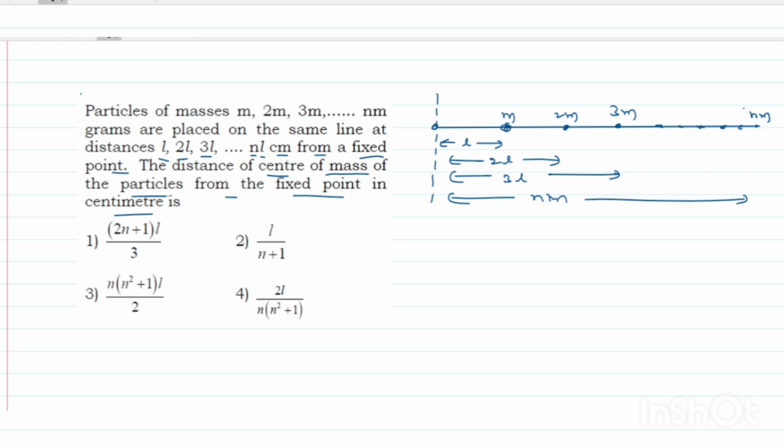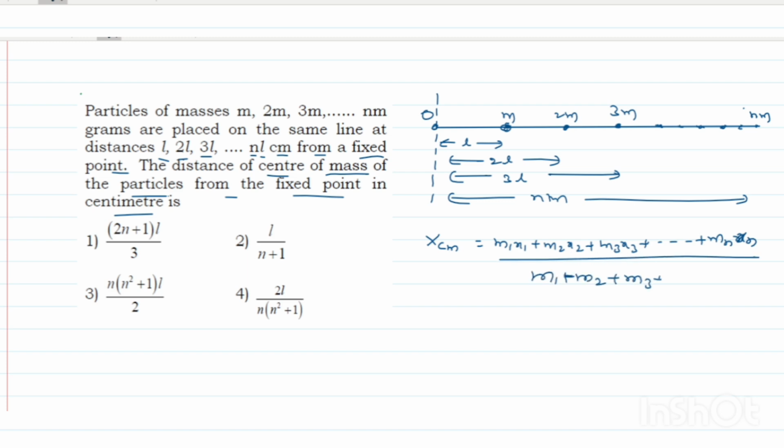So here this is the fixed point you can take. From the fixed point they are asking the location of the center of mass. All the particles are lying along the x-axis, so here you can calculate the center of mass along the x-axis alone. So here you can write (m1 x1 + m2 x2 + m3 x3 + and so on up to mn xn) divided by (m1 + m2 + m3 + and so on